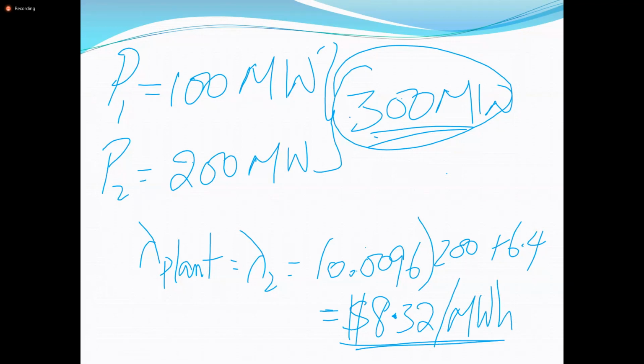So the plant lambda is $8.32 because unit 2 is the unit from which we are taking the additional power. All right. Next. What's the next demand? Next demand is 600 megawatts. All right. So with 600 megawatts,